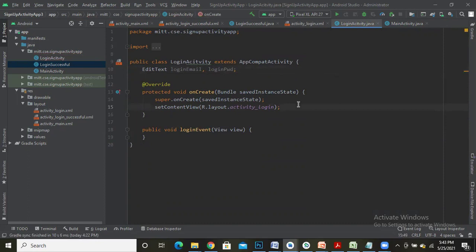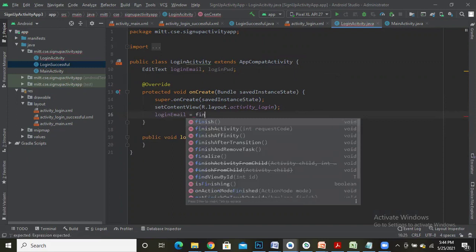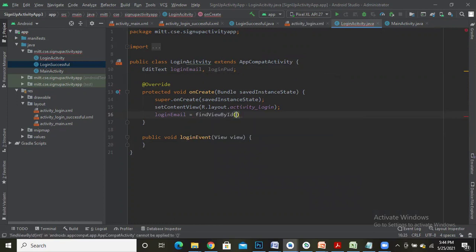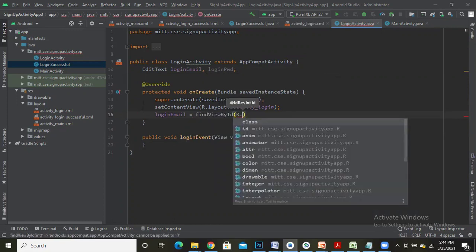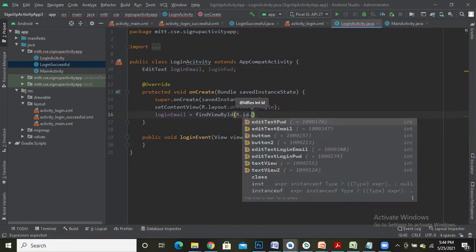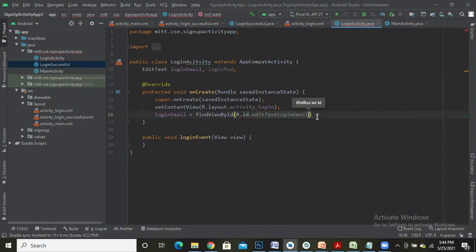I need to map these two variables which are created in Java with an ID of the XML file. So to do that, I'll write login email is equal to find view by ID, R dot ID dot. So the ID which I had specified here for the edit text field is edit text login email. Okay, it is mapped.